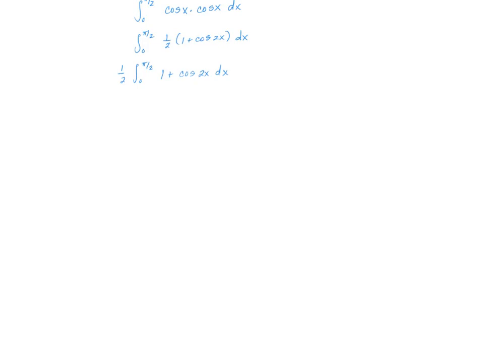We evaluated this type of integral before without a substitution. But keep in mind that this 1/2 is multiplied by this whole integral. So if I did decide to break this up into two integrals, where I have a 1 dx plus the integral of cosine of 2x dx,